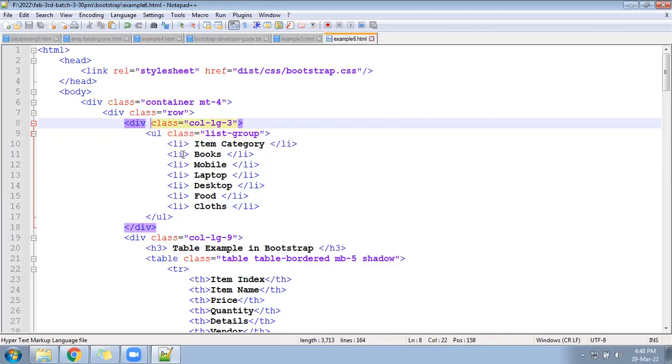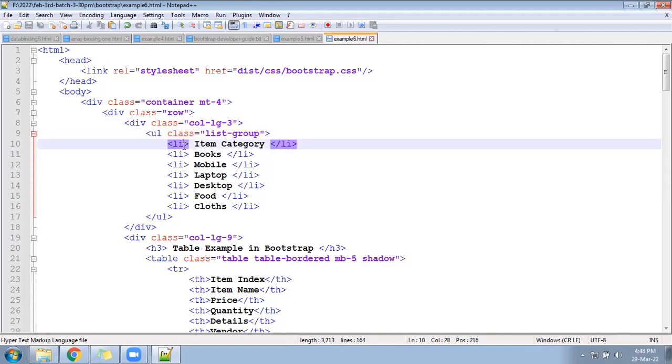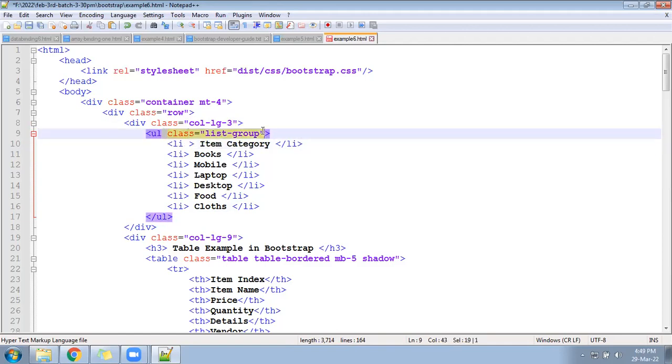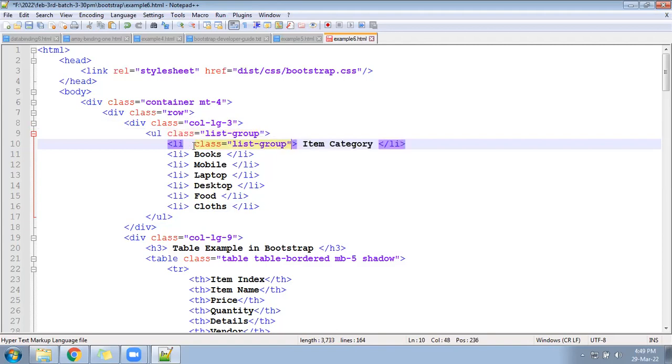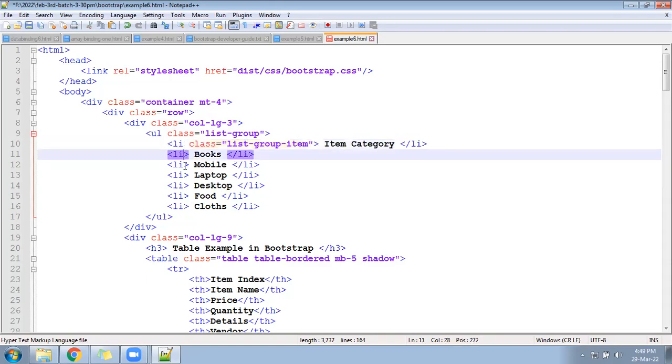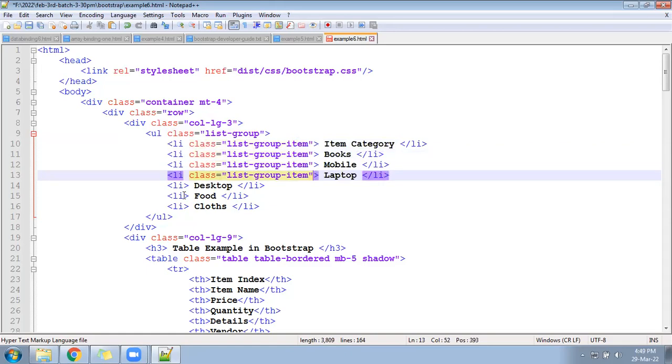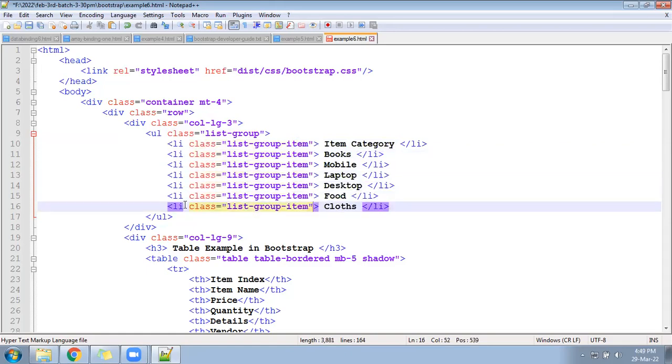Okay, list-group. Now for all the LI, you have to write the class list-group-item. list-group-item is the class that we need to apply for all the LI, something like this.